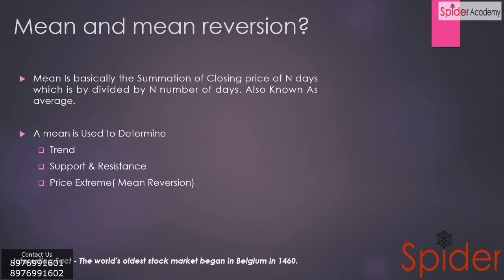Also, some other way to find out support and resistance is using the 50 days and 100 or 200 days moving average crossover. Even that is called the golden death crossover. Wherever that takes place, that particular level is also a crucial support or resistance, we can also take that. Now coming to the fundamental topic of the day, that is the price extreme.